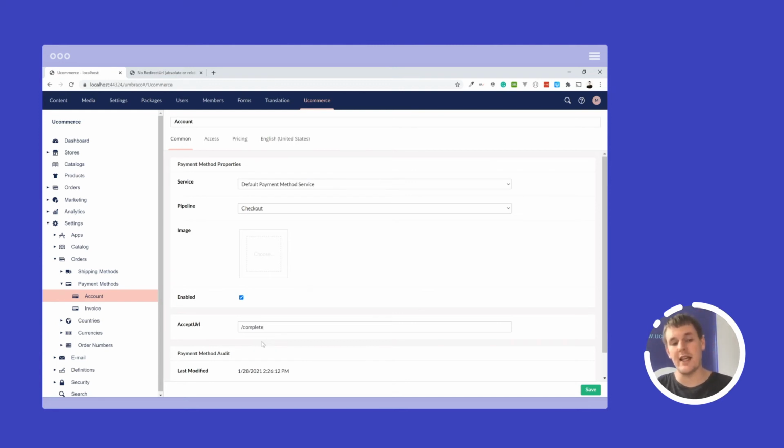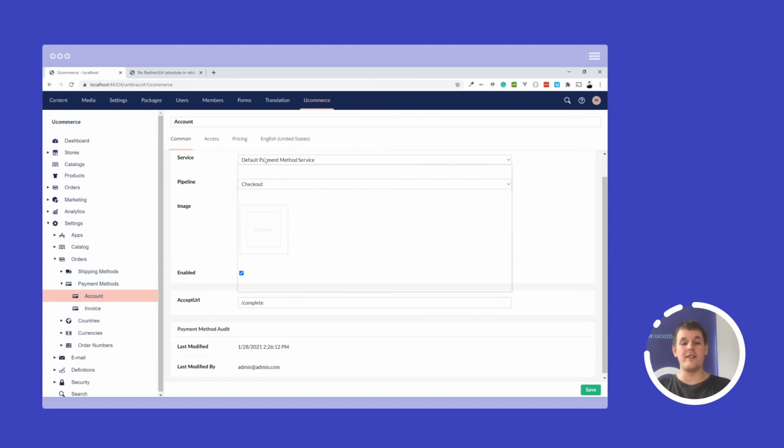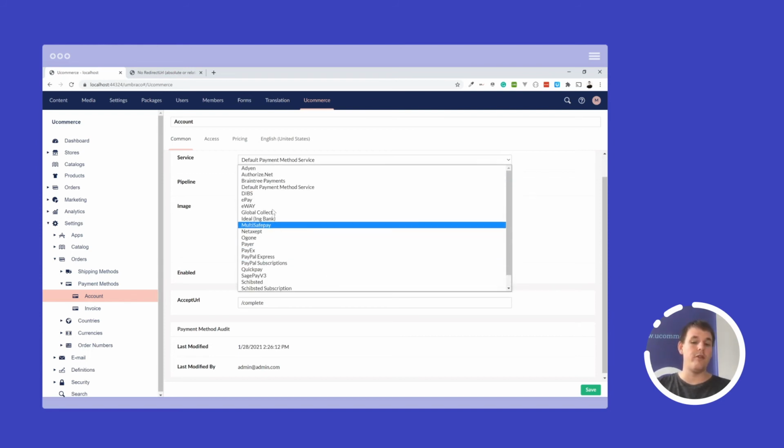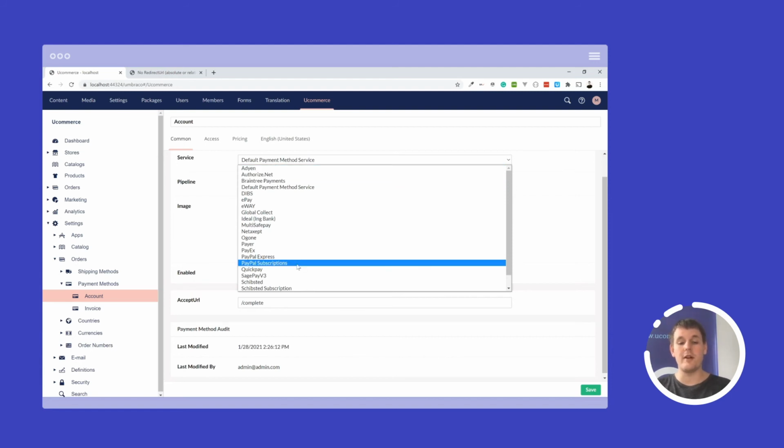If we are using a payment gateway, we will have another set of configurations where you can enter cancel URLs, an error URL you can go to, and also the complete URL or the return URL, which lets us get to the same page that the user should see once the order has been completed. And the options that you can set are based on the payment method service that you set here.